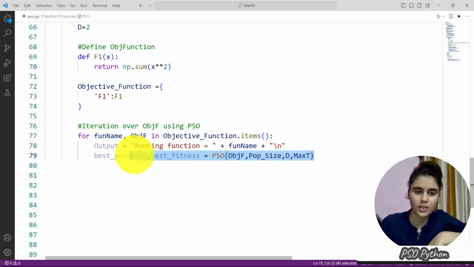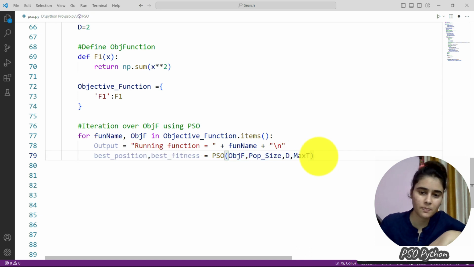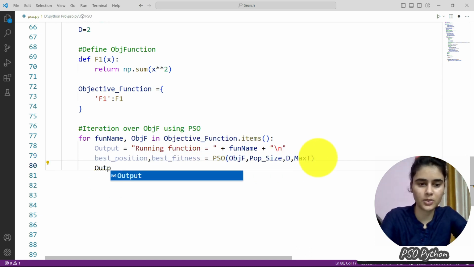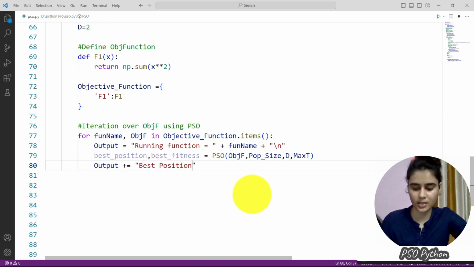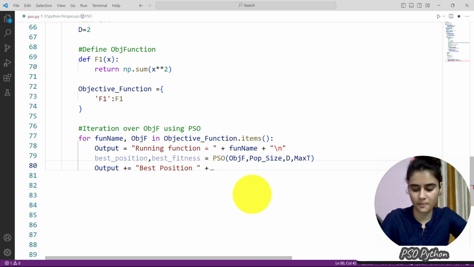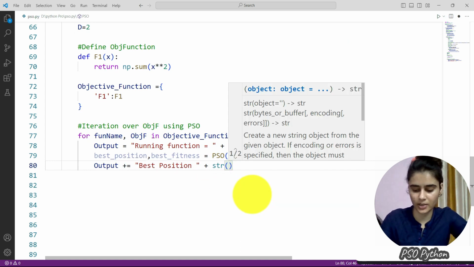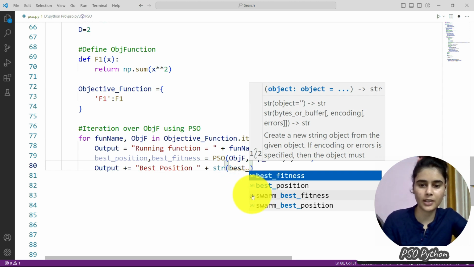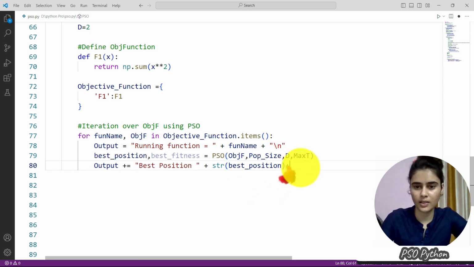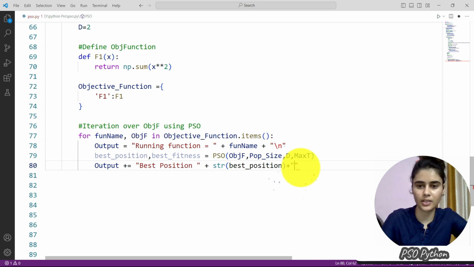So here we call this objective function to calculate the best position and the best fitness value. The output they will display is the output. We will display the best position found so far, plus in the string we have the best position value, and the new line.